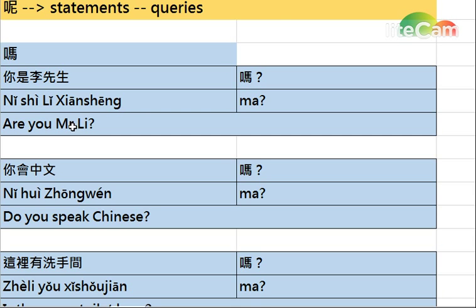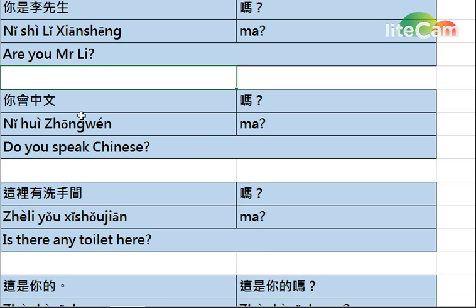We change from the statement to the yes-no question by adding the particle ma at the end of the plain statement. And once again, 你是李先生，你是李先生吗？